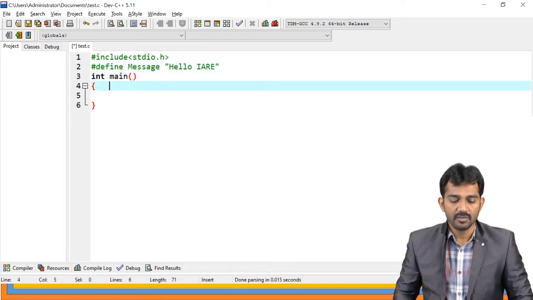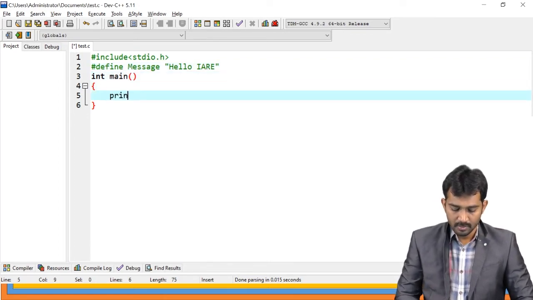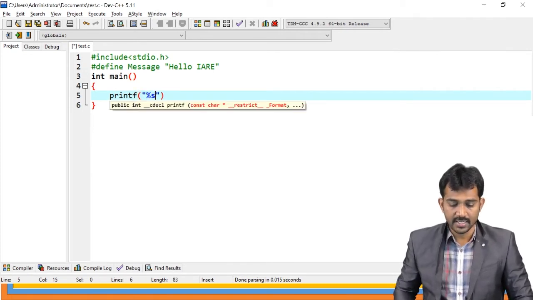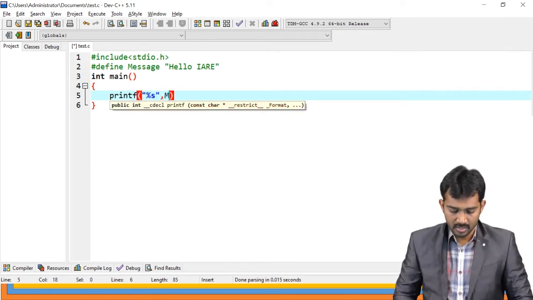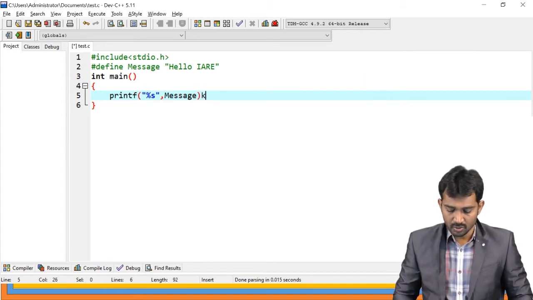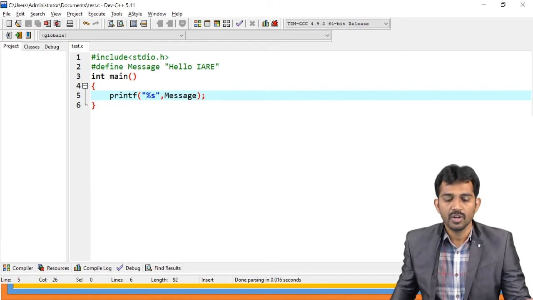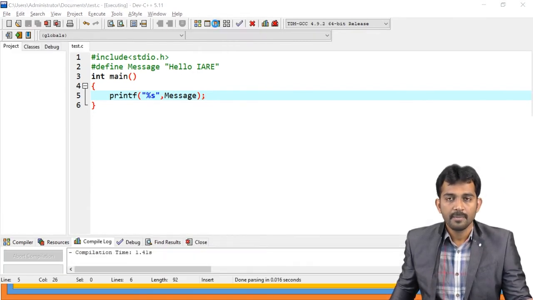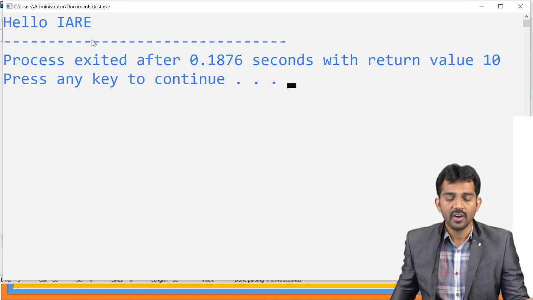If you print this one, printf of percentage s comma message, and run this code, the output is hello IRE, right?